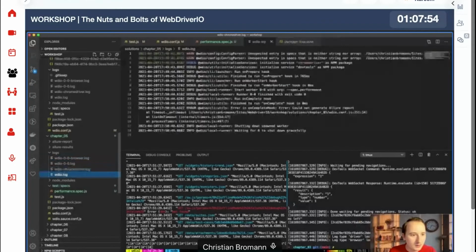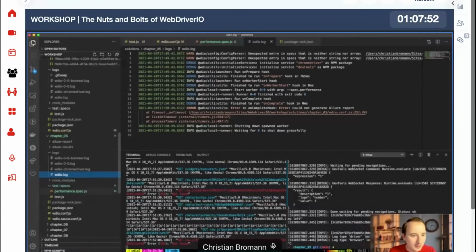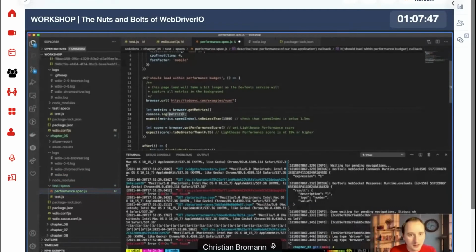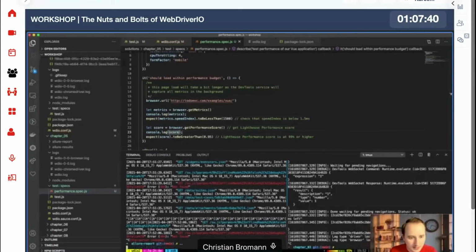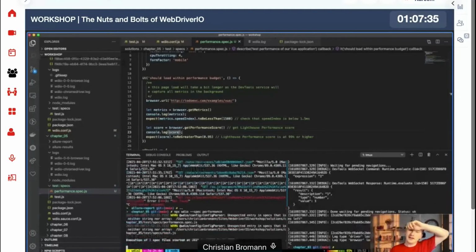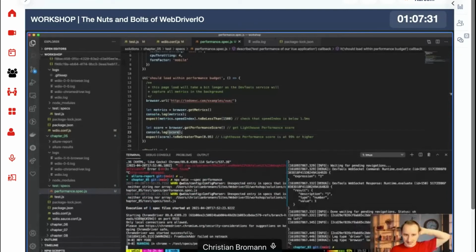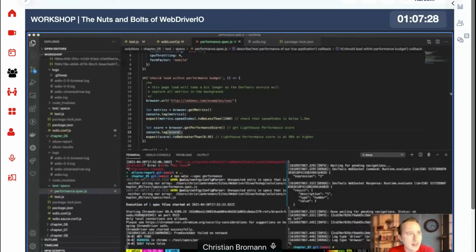We don't get these logs, no. Okay, what I will do is just log the metrics to see the other ones that we have, and the score, and just run this again. So there's a little bug. I think it's already logged that the worker logs are being cleaned up for some reason, and that will be fixed soon. So I'm going to run this again with these console log statements so we can just see what